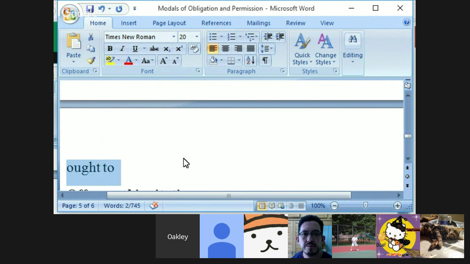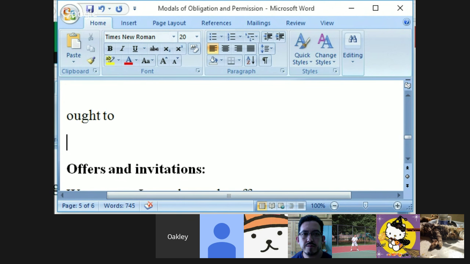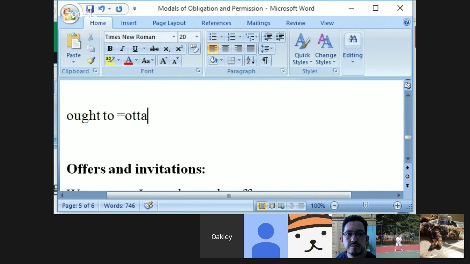But you can also use ought to as a modal used to give advice or make suggestions. Is it the same as using you oughta? Yeah, well, it's pretty. Yeah, you oughta go easy on the booze. Yeah, you're right. It's always pronounced like that with a reduced pronunciation. Good point. Thank you. Forgot to mention that. Yeah, you oughta. It's definitely reduced in pronunciation when we speak it. You ought to be careful. Yeah, like that.